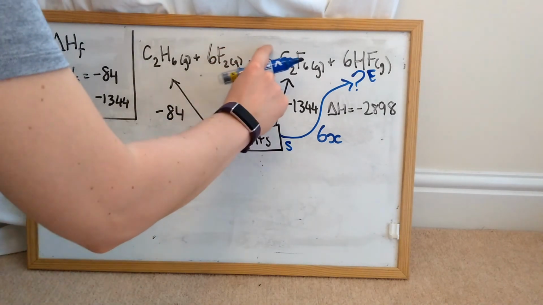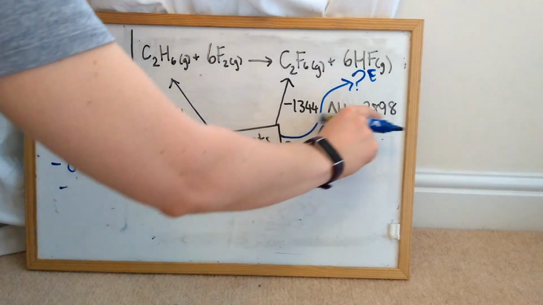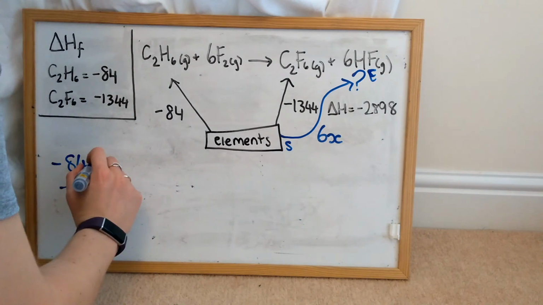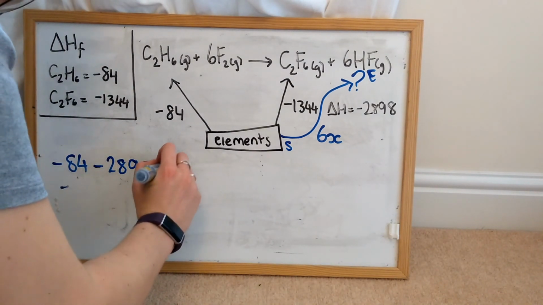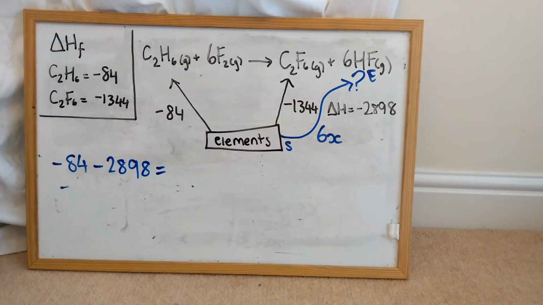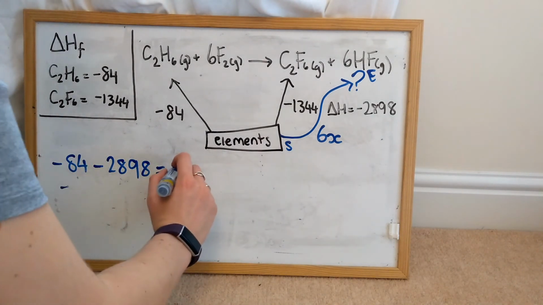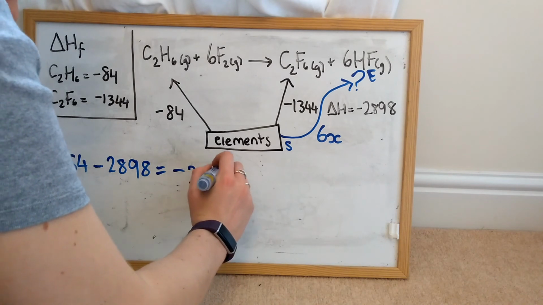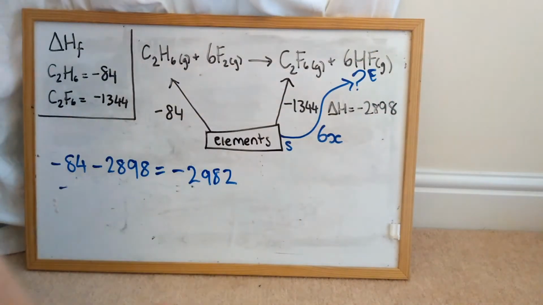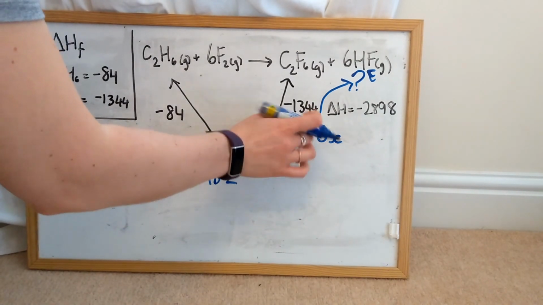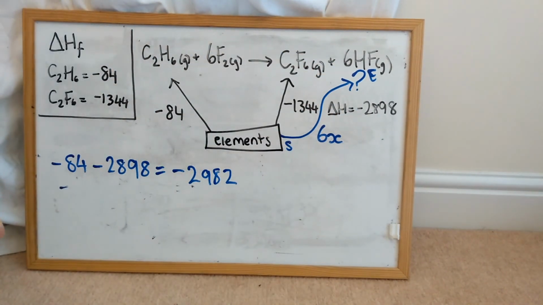And I'm going the right way along this arrow, which is represented by the overall enthalpy change. If I add those, this value here is the same as minus 1,344 plus 6x. So therefore I can work x is going to be the same